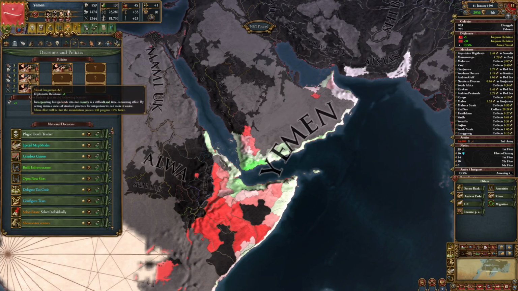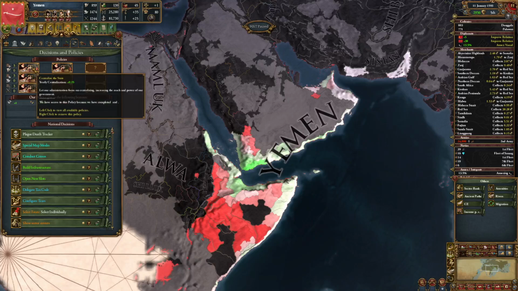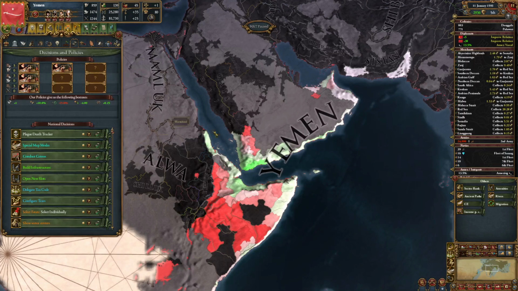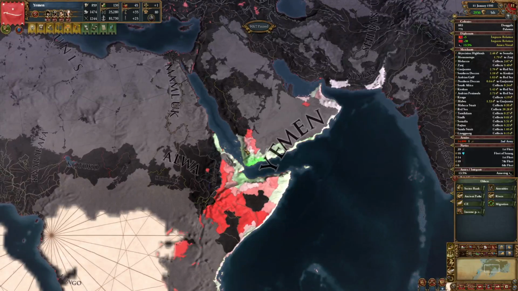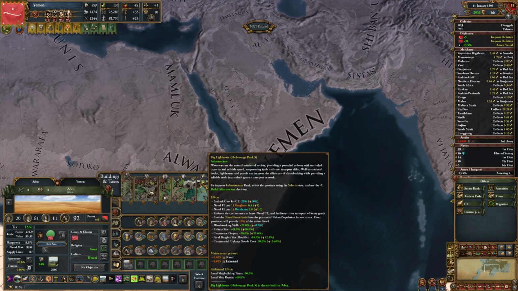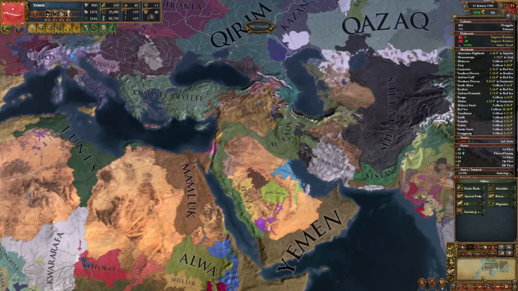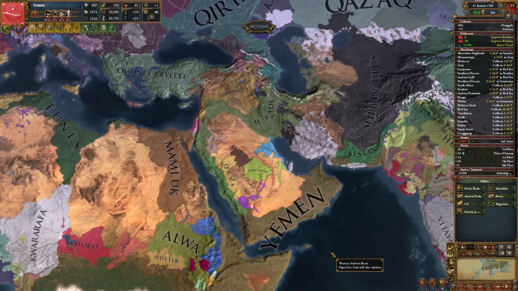You even have a policy to increase it. I think I'm running it actually. Yeah, centralize the state, so to make it go up faster. And then you can, to a certain degree, start building up infrastructure. For example, in your capital, that's always a good idea to get a harborage here, if you have a harborage. So, for example, if you play in Hungary, you want to start on road networks, of course, and not harborages, to a certain degree. And therefore, manage your autonomy that way.